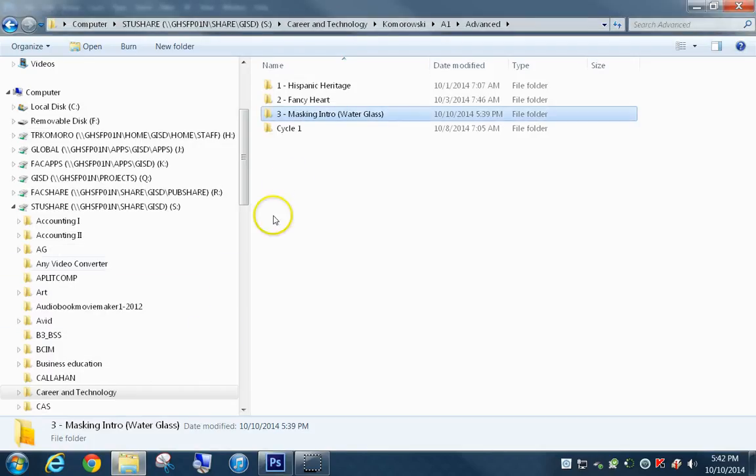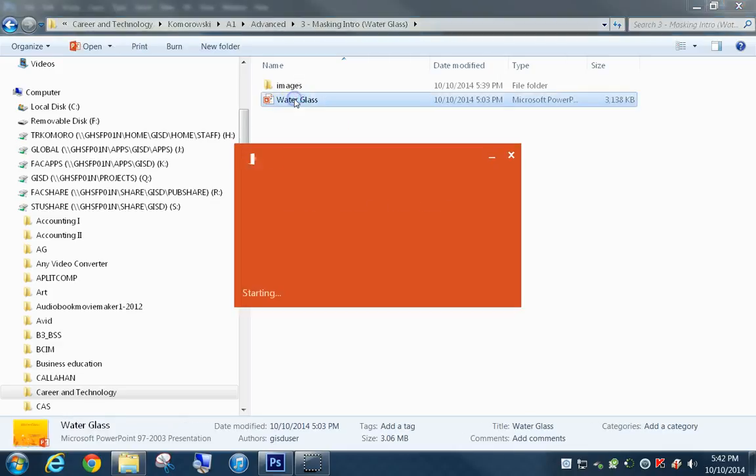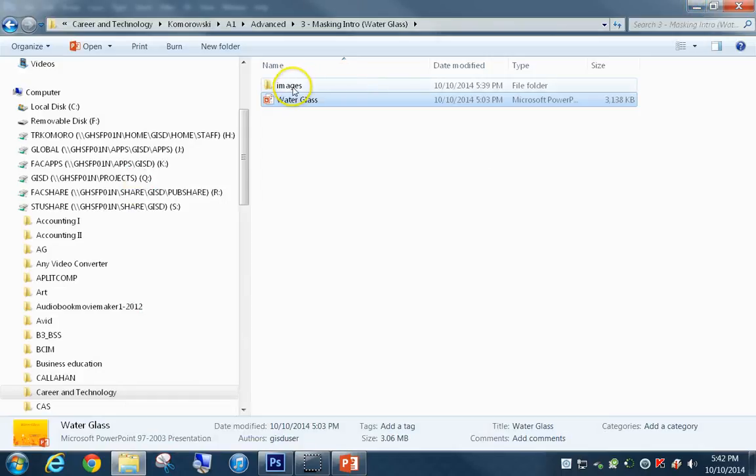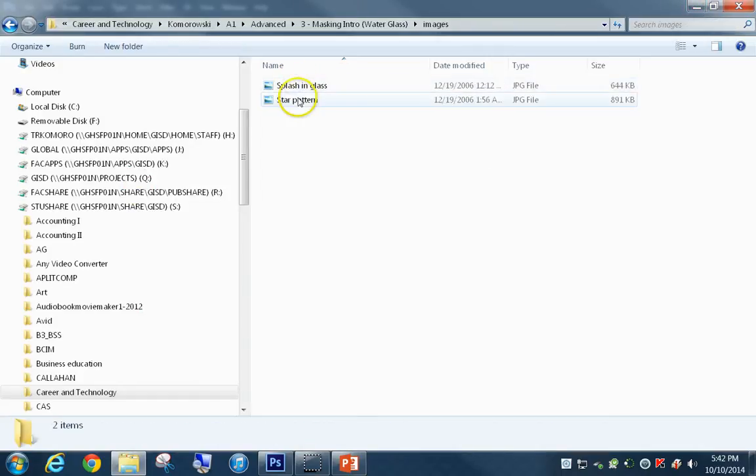So we're going to go to the Student Share folder. This is the third project in this grading cycle. So let's just open that up. This PowerPoint right here will show you the different steps based on each slide. Okay, so you can follow along with that if you'd like to. So we can open the images folder, and we're going to open up